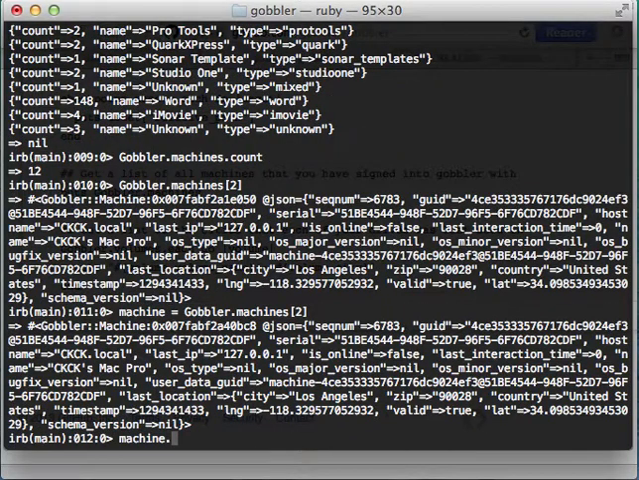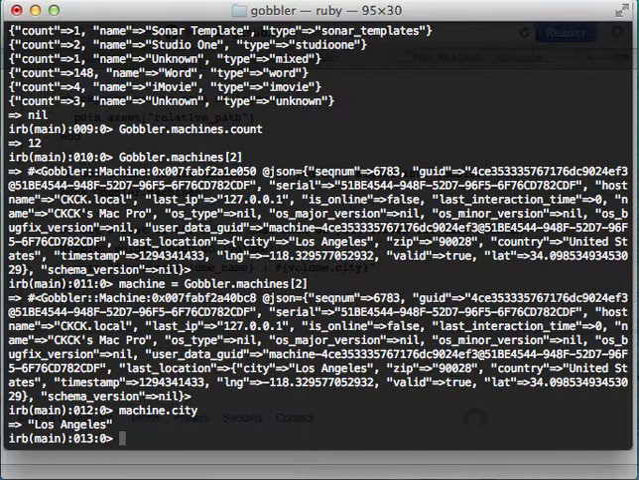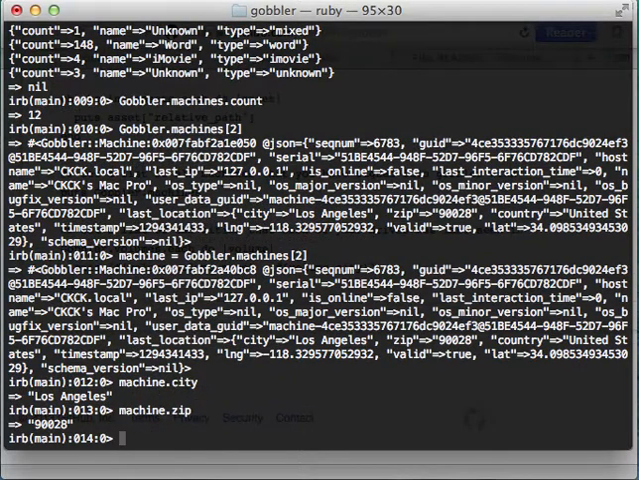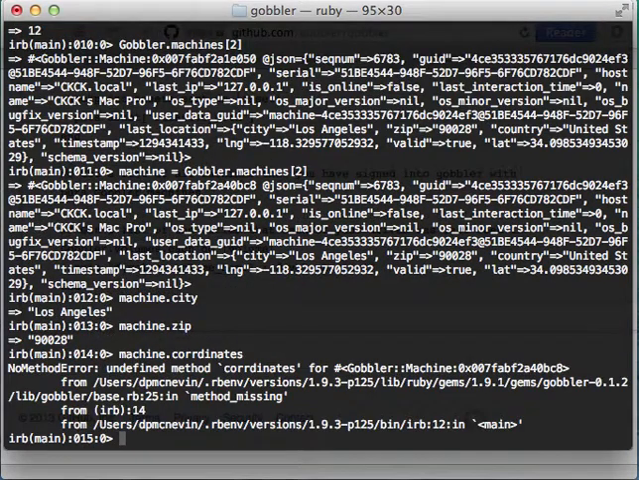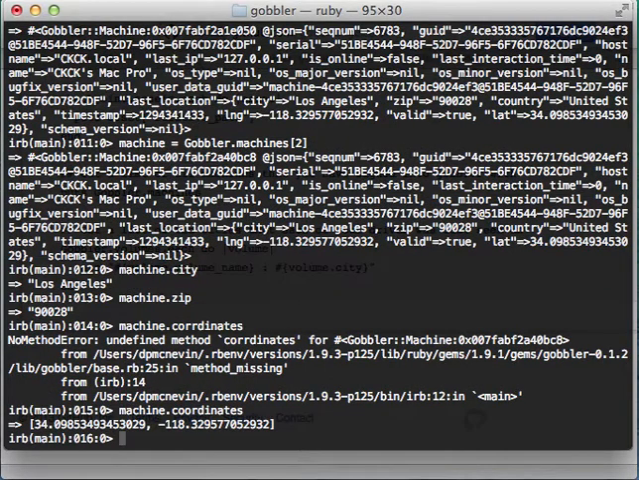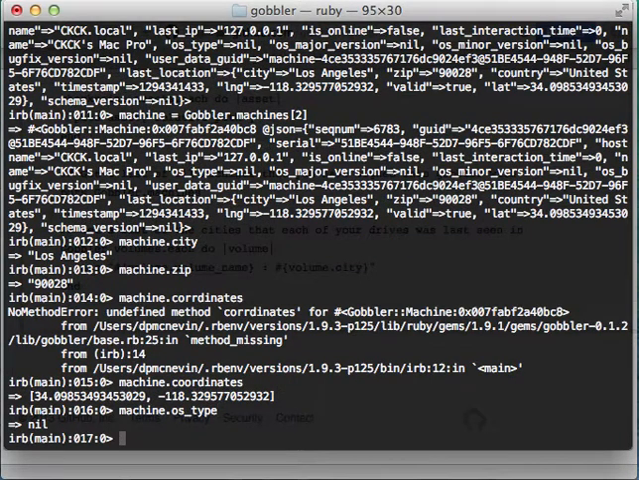And we'll say city. So this is Los Angeles, okay? And we can even get the zip code, 90028, and even the coordinates. And spell it right. And there you go. That's actually latitude and longitude for that. We can get the OS type. Oh, this one didn't register correctly, but